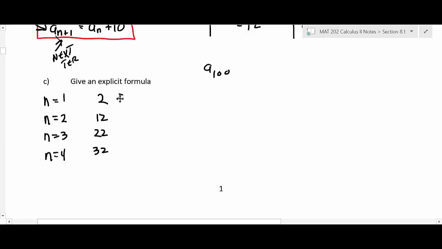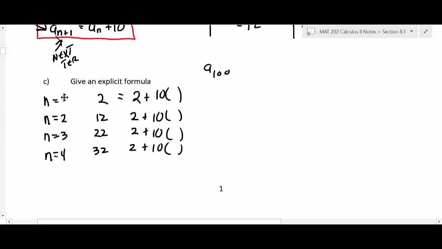So if you look at this first thing, one way to write this is you always have a plus 10 in here, always. You can always tell you have a 10 in there. That's important. But these things are always going up. They always have a 2 in there also. So if we did this, let's see if we can kind of generate an idea here. Okay, if n is equal to 1, wouldn't we like that to really be 0? Because then that would give 2, wouldn't it? Right? 10 times 0 is 0. 0 plus 2 is 2. If we go to n equals 2, well, it would be kind of nice if that was just a 1,